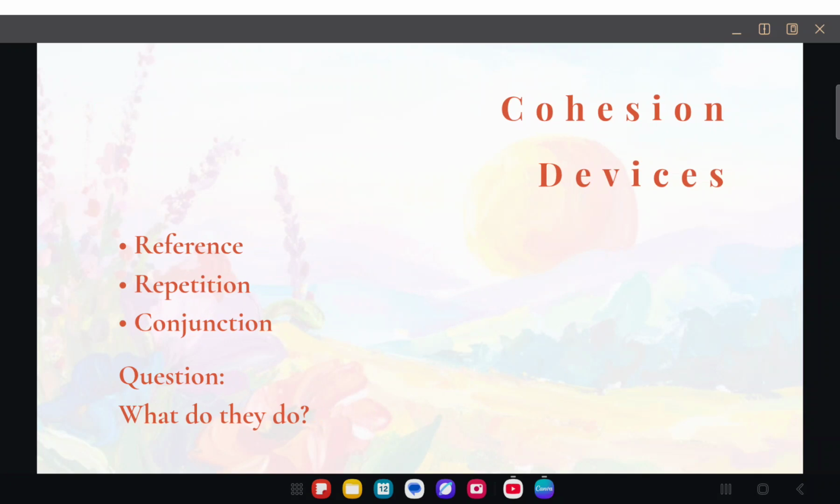So cohesion devices are not only reference, right? There are 3 on this display: reference, repetition, and then conjunction. The question is, what do they do? Reference is only one example of cohesion that we have already discussed.